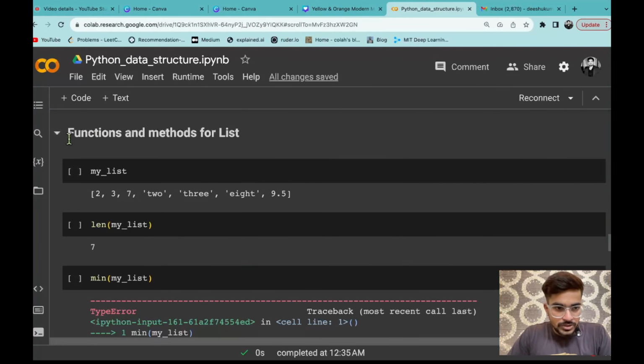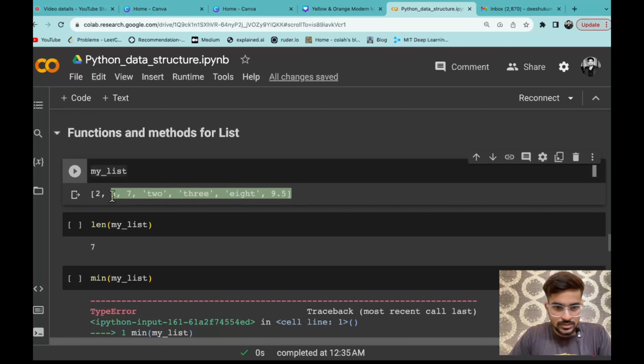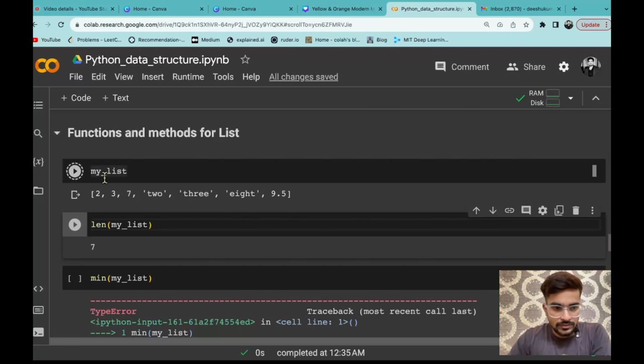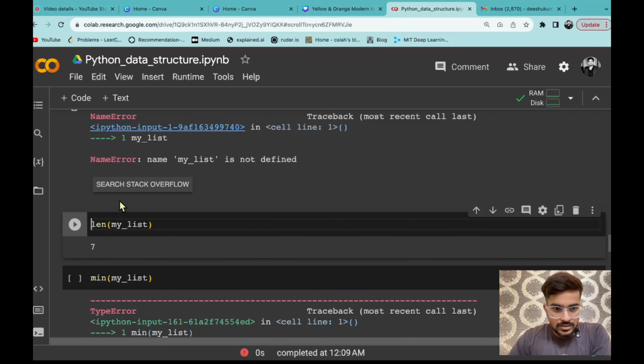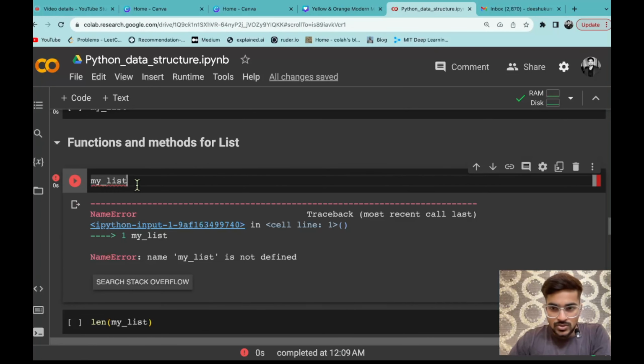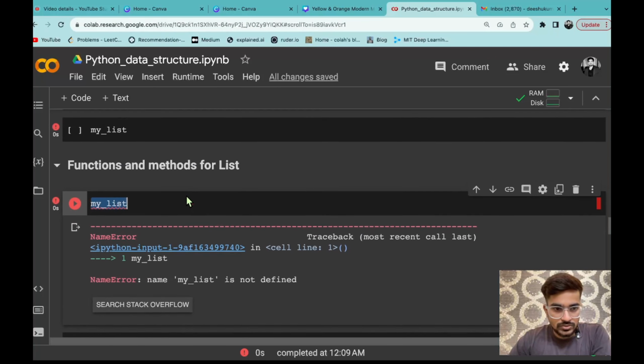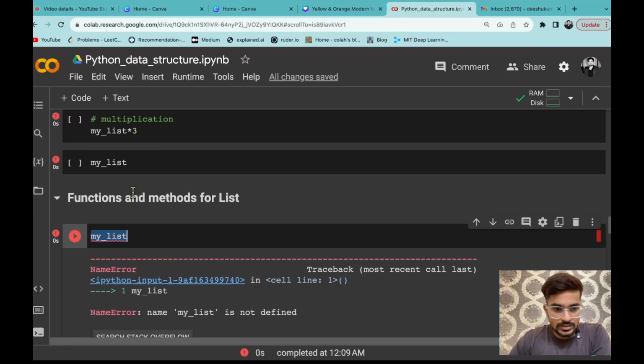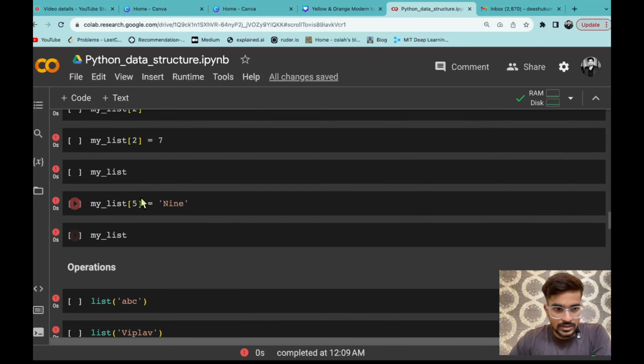Cool. So we are going to start functions and methods for list. So first of all हमने जो last list define किया था last session में, that was the list we have. Let me reconnect it again. Cool. So it is connected now. If I just print my list that we have stored in the last session, it will print not defined. Okay. So I need to actually define again my list because session close हो चुका था. So it has forgotten all the code that was run above. So we have to run that again.